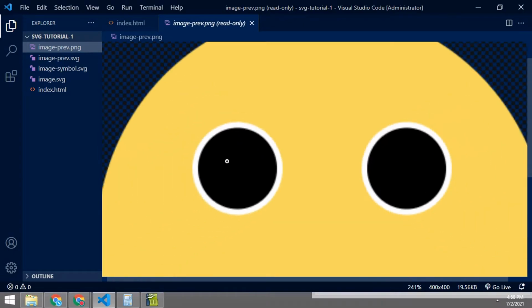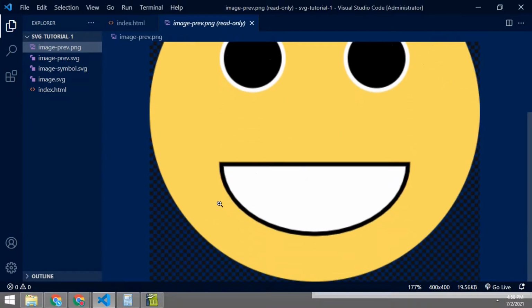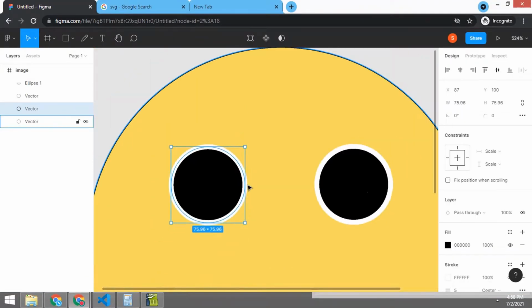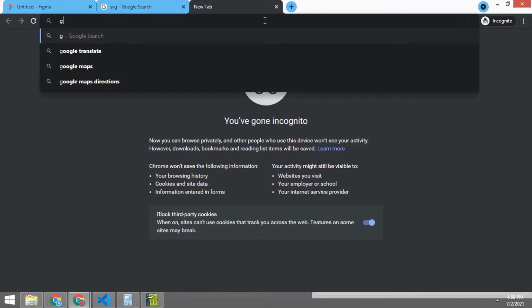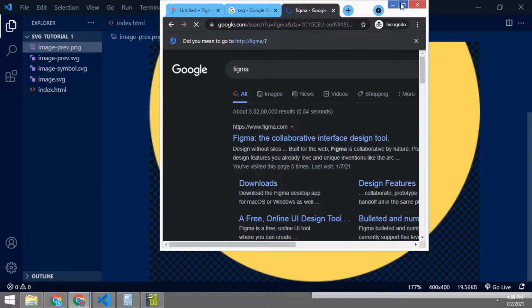See, this is the difference between an SVG and PNG. This PNG file is 20 kilobytes and this SVG file is 1 kilobyte, which is just code written in text XML.